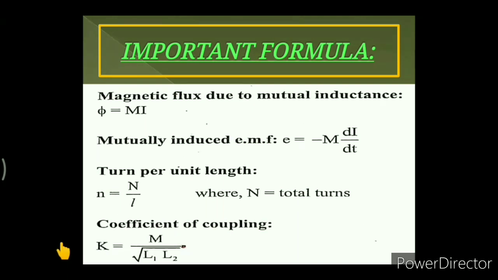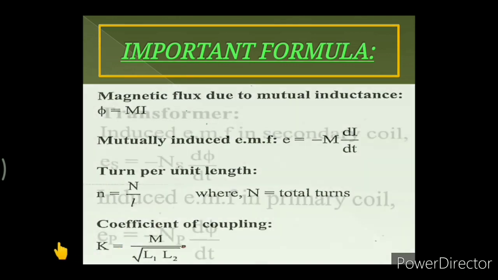Next, we had seen coefficient of coupling K, which is a measure of the portion of flux that reaches coil 2, which is in the vicinity of coil 1. Greater the coefficient of coupling means greater will be the mutual inductance. The two coils 1 and 2 with self-inductance L1 and L2 are coupled with mutual inductance, and K is given as K is equal to M upon square root of L1 into L2.